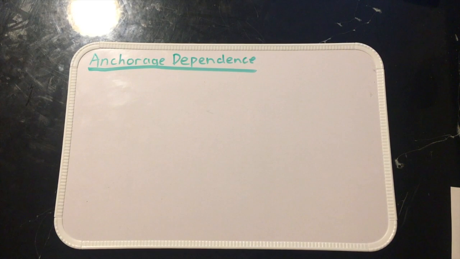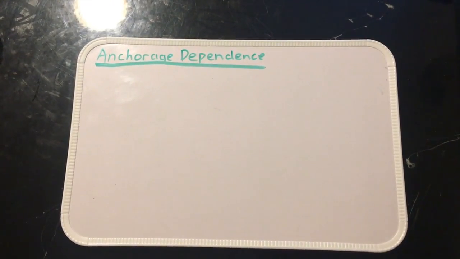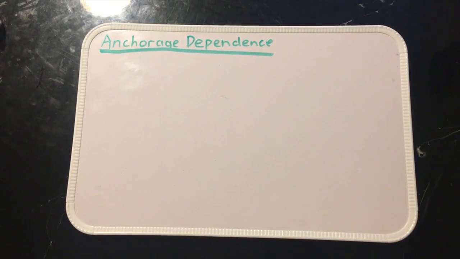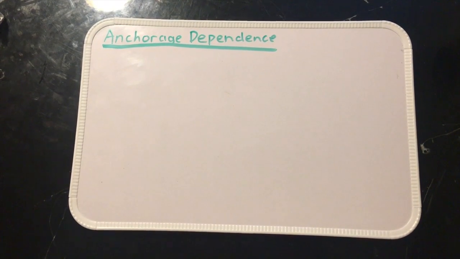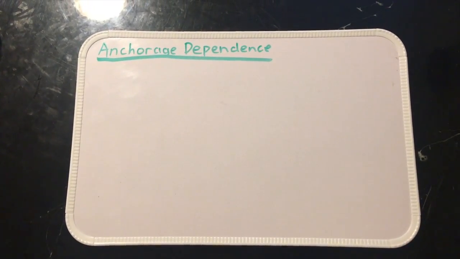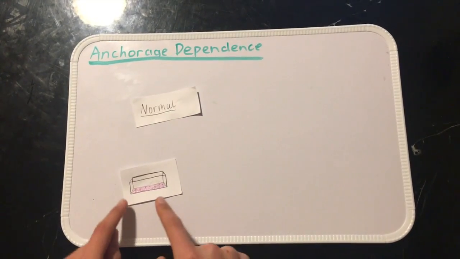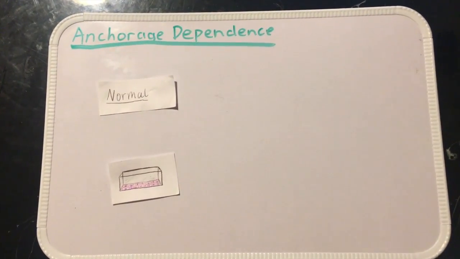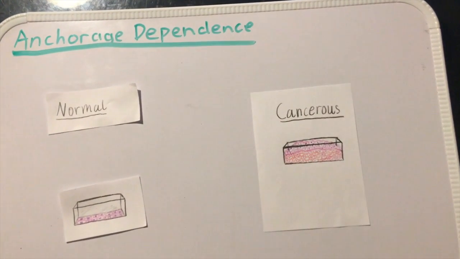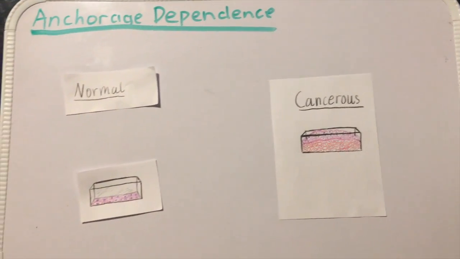Alright, so for anchorage dependence, this is when a normal cell is attached to a substratum, such as the extracellular matrix of tissue, to divide, which prevents the cell from dividing and floating off into the body once they have lost contact with the substrate, to avoid piling up, as shown here. However, cancer on the other side doesn't really follow this and just creates a buildup of cells and creates this